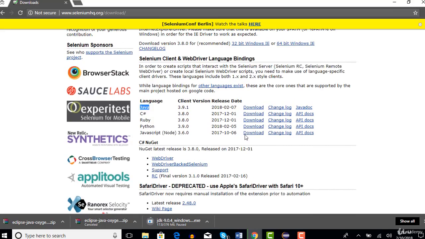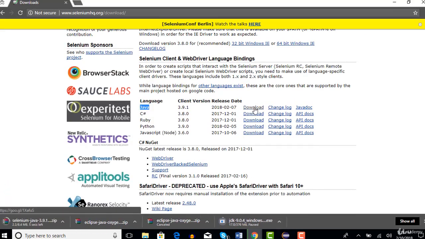Select this, and again, as I said, do not worry about this version number. This version keeps changing every week. They check whether any bugs were reported by people, fix those bugs, and release a new version every week. That doesn't mean things have completely changed. It's just a patch if something is breaking. So this is 3.9.1 today, tomorrow this could be 9.2. So just don't worry about these version numbers.